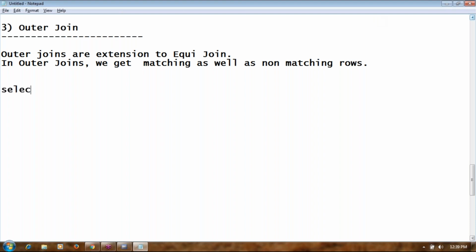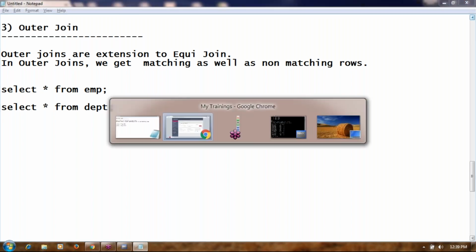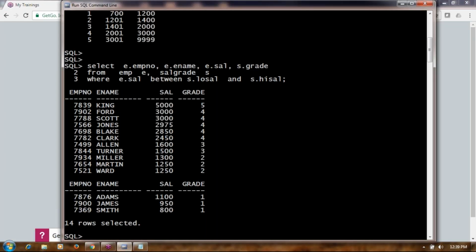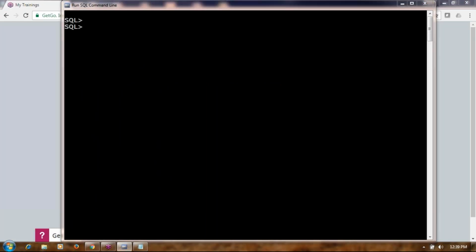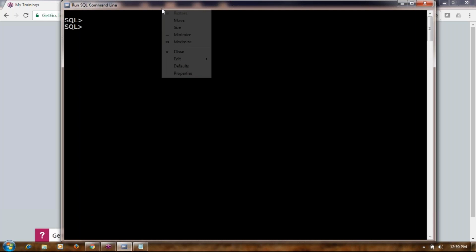Considering the two tables, one is the employee table, the other one is the department table, which we are already familiar with. The employee table, we know it has 14 rows.